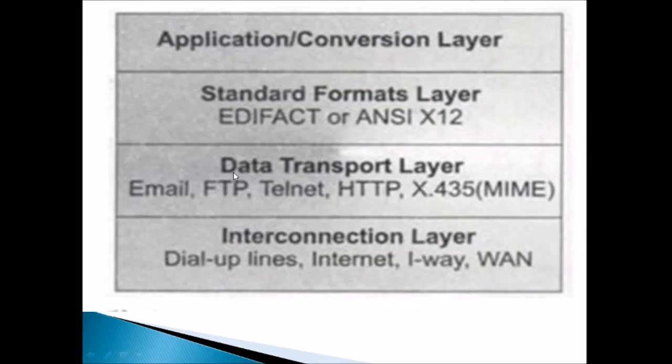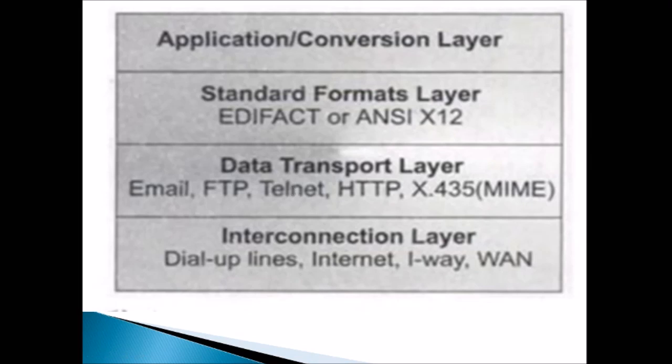Next one, the data transport layer. This layer is going to transfer the data from one place to another place. Here this layer acts as a transport. It may be any one of these: email, FTP, Telnet, HTTP, X.435, MIME. So these are called transport layers. People can use any one of them to transport their content.